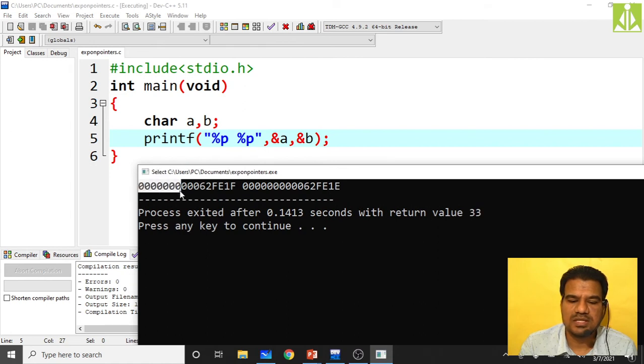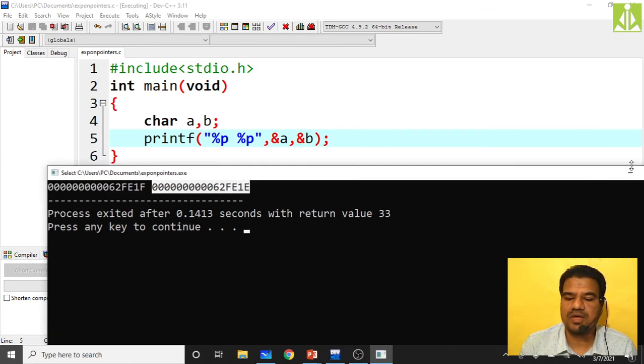So this is the address. It is basically a hexadecimal value, as you are seeing F and E also over here. Okay, when I explained number systems, we said hexadecimals will have up to F. So when you are getting E and F in the address, it is a hexadecimal value. So this is the address of variable A and this is the address of variable B. Hopefully you understood: creating the variables and getting the addresses of those two variables.